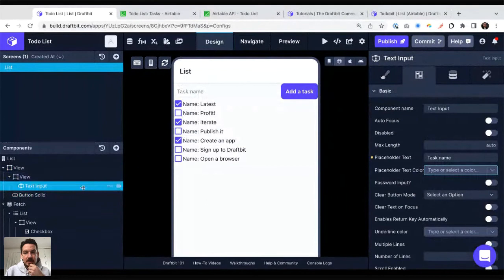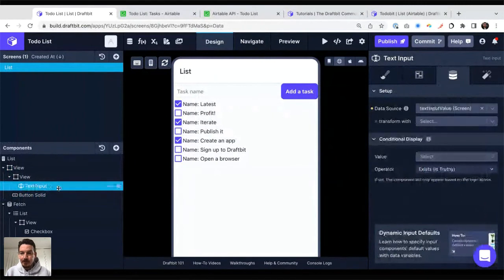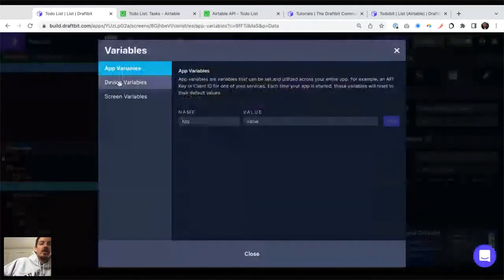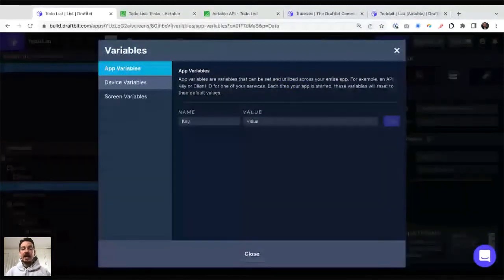Okay, so here's something data oriented. As I added that text input, if I go on the data side, you'll see that it created this text input value variable right here. We haven't talked about variables much so far. So that third little icon here is the variable model, and we have 3 types of variables. I won't go into too much detail, but your app variable is essentially what you want to save at a very high level. Like, for example, that Airtable API key that I talked about at the very beginning. If I wanted to do things a little cleaner, I'd probably put it here directly, so it can be safe like as a secret somewhere.